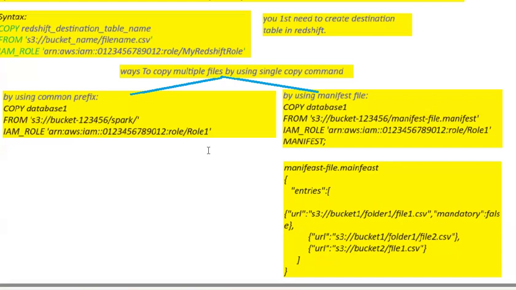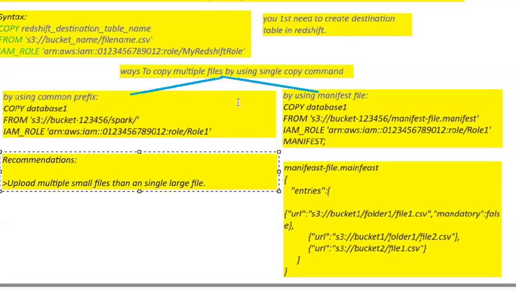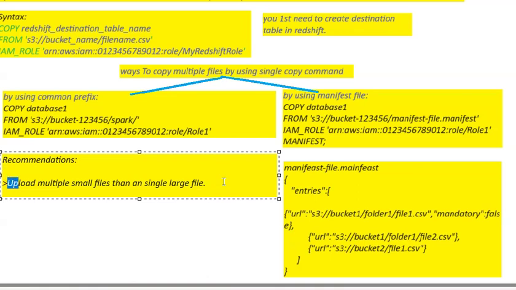Then what is recommended, sir? You need to split that file into small files, then use the copy command. So this is one recommendation: upload multiple small files rather than copying a single large file. So what is this? Load, or you can say copy, multiple small files to Redshift